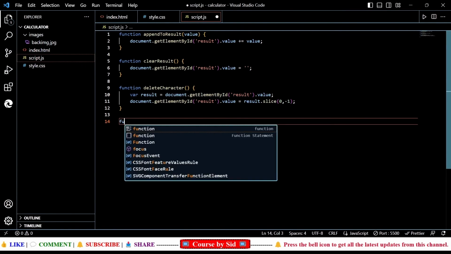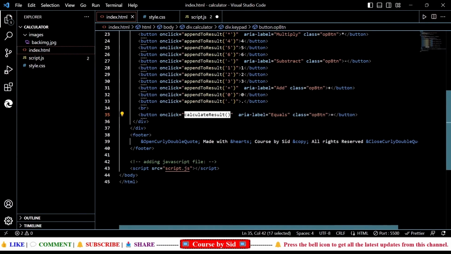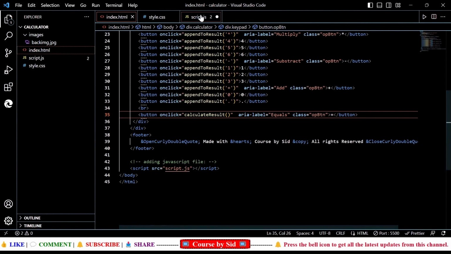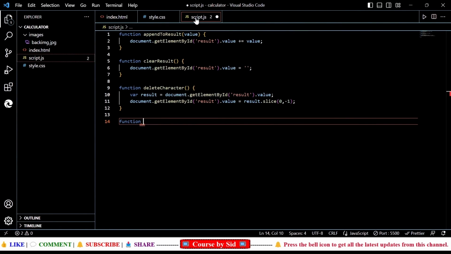Okay, so we are writing function, just a minute, I'm going to copy this. Okay, yeah, it is calculate result. I just thought I had copied append to result. Okay, so